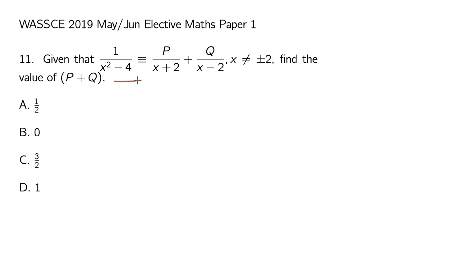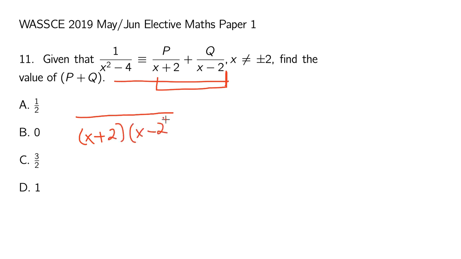Okay, so here we have partial fractions, but even if we didn't know about partial fractions, we could solve this problem. We could just treat it as ordinary fractions, and then rewrite the right hand side. p over x plus 2 plus q over x minus 2 can be written over x plus 2 times x minus 2. That's a type of